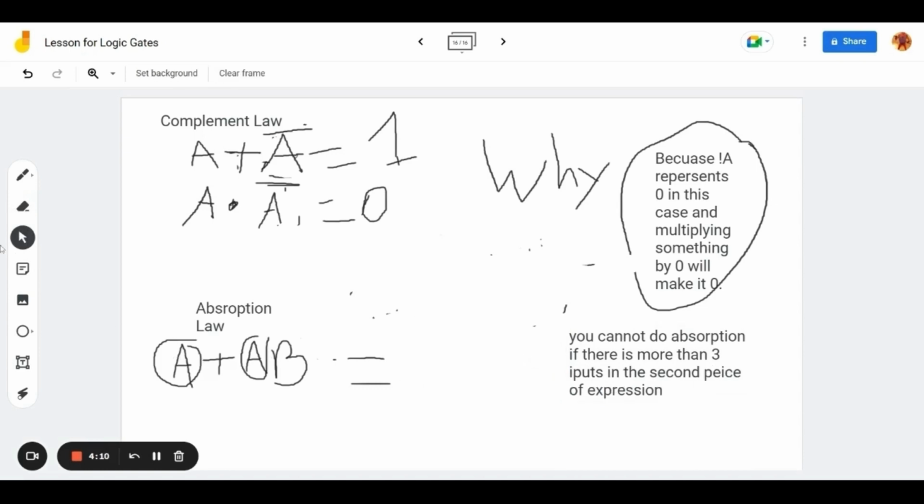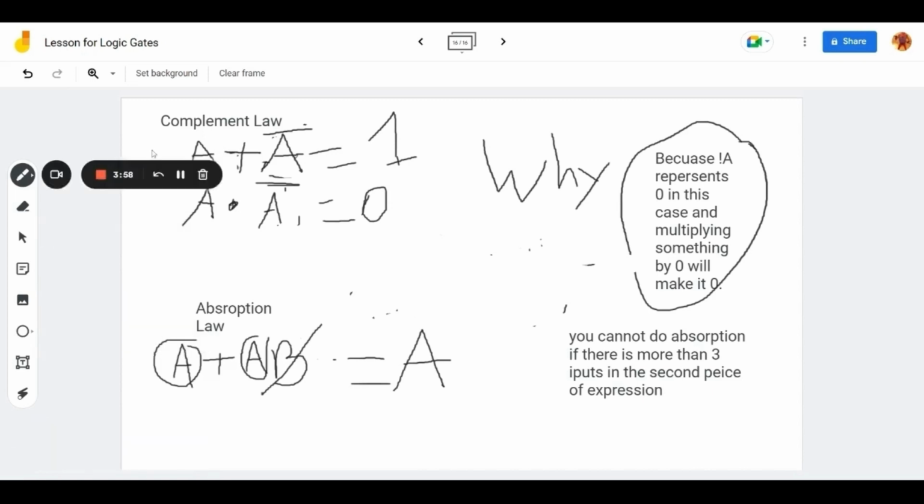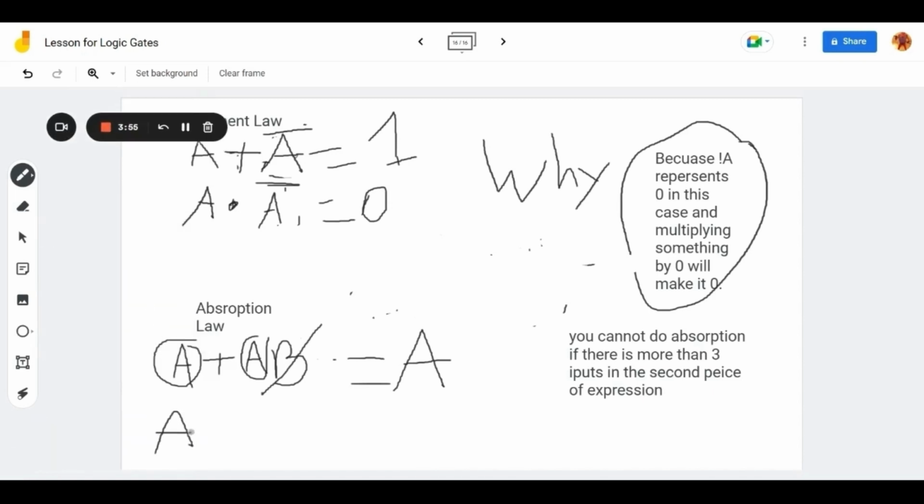So A plus AB here would just equal A. The B just gets absorbed. Same thing here in this bracket: A plus bracket A plus B equals